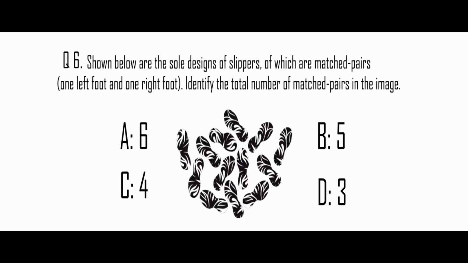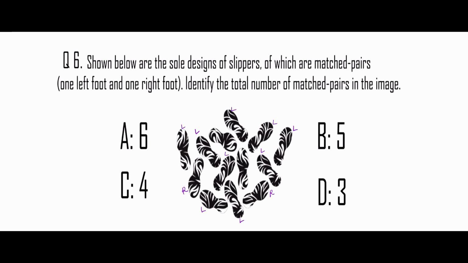Let's solve this question. We have to find the total number of soles, and they should be matched pairs as well. Count the total number of left and right soles. Let's count the total number of left and right soles in this image. You should be able to understand the general shape difference between the left and right soles. So we start counting. The number of left soles is more than the number of right soles.